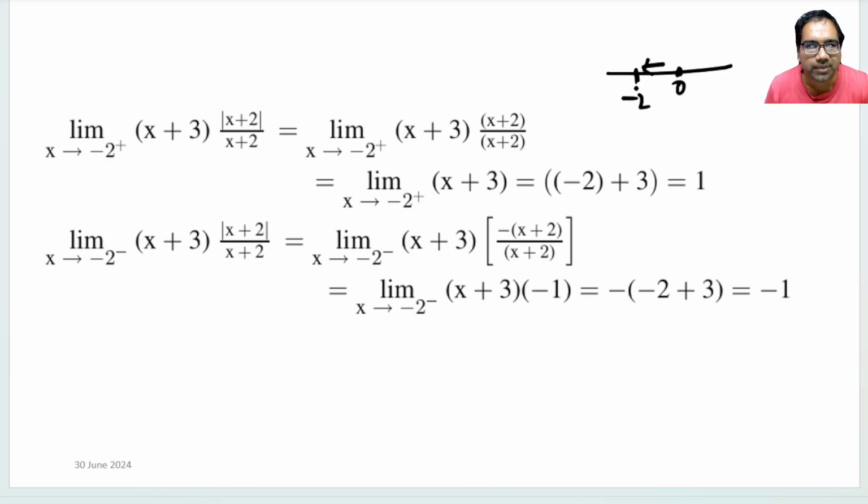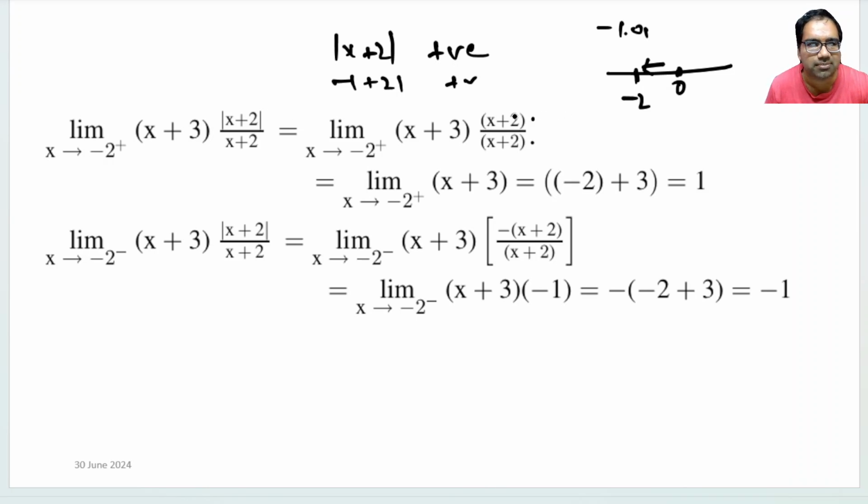When we are approaching from the right hand side, please look at this value, the absolute value of x plus 2. This will be a positive one. For example, if x is minus 1, then this becomes minus 1 plus 2, which is positive. Or if x is minus 1.9, then 2 minus 1.9 is also a positive number. So as long as we are approaching from the right side of minus 2, x plus 2 is a positive number,